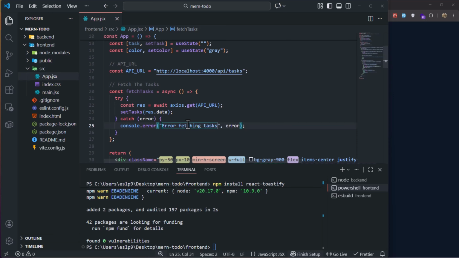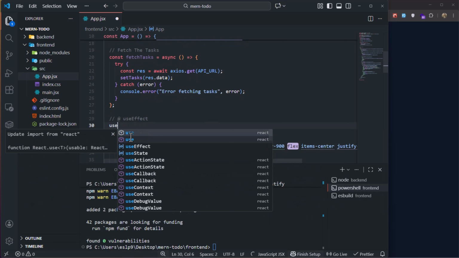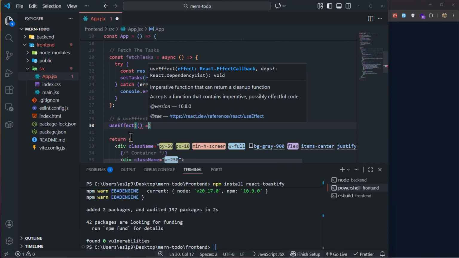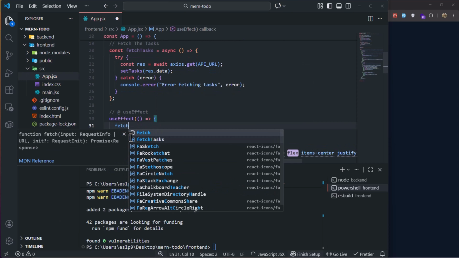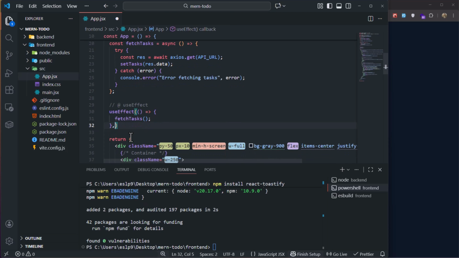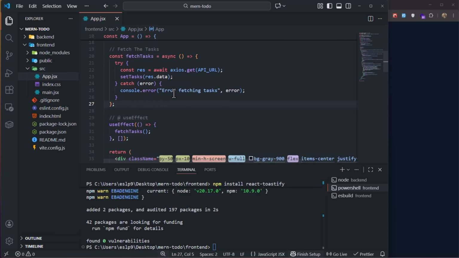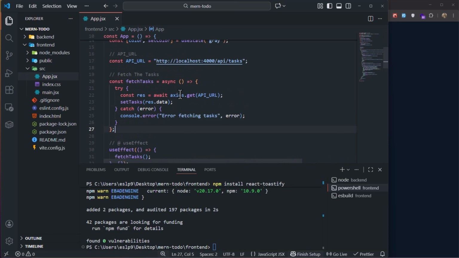So after this fetch tasks, we're going to use our useEffect hook. So let's write useEffect, and inside that useEffect hook, we're going to just call this fetchTasks function, and we're going to just put this empty array here. So now that we have done this, let's just test our